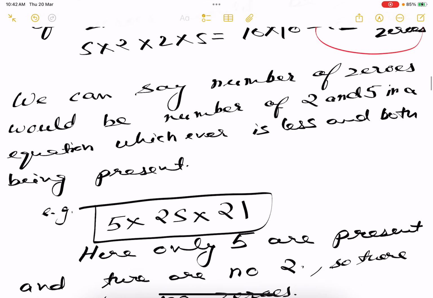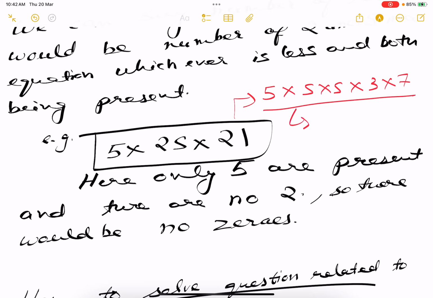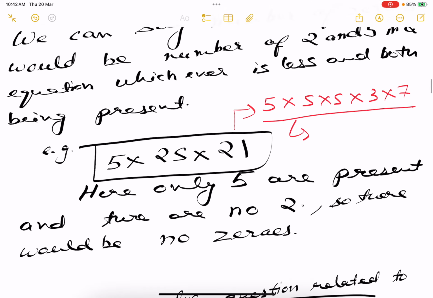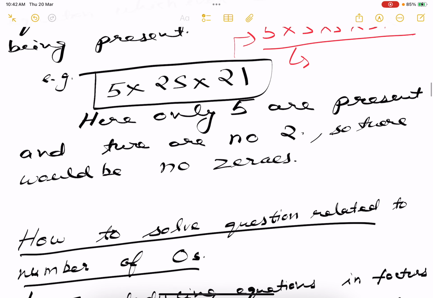Let's take one more example. इसको हम सिंप्लीफाई, दिस एग्जाम्पल है 5 इंटू 25 इंटू 21, तो इसको हम सिंप्लीफाई करते हैं 5 इंटू 5 इंटू 5 इंटू 3 इंटू 7. ओके, सो इसमें हमारे पास एक भी नंबर ऑफ 2 नहीं है, तो हमारे पास 10 नहीं बन सकता। तो नंबर ऑफ जीरोज इन दिस वुड बी 0। ओके, ठीक है।